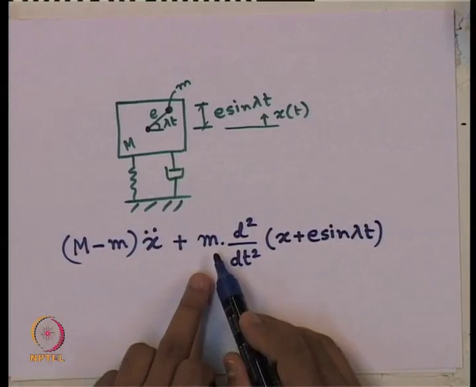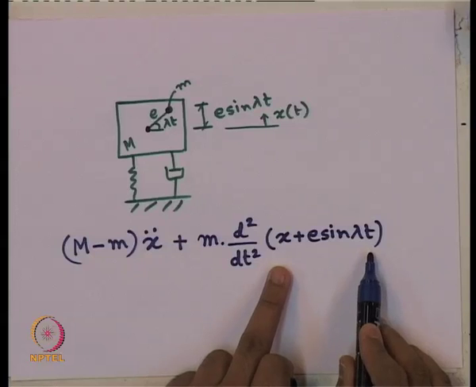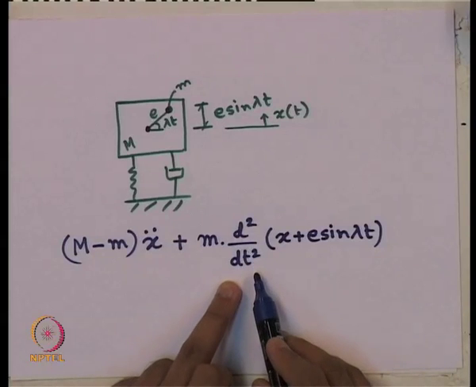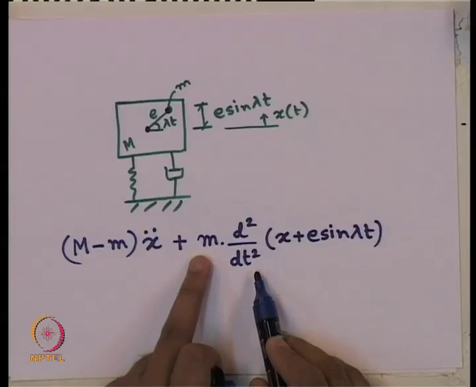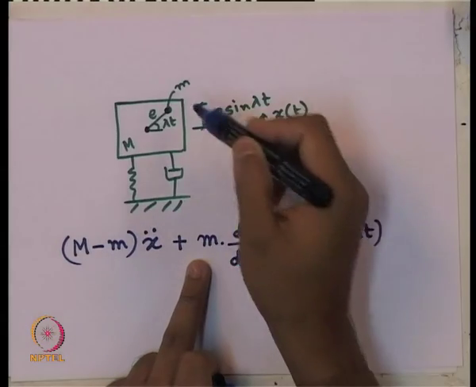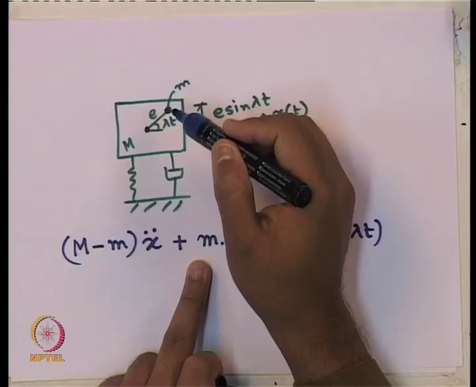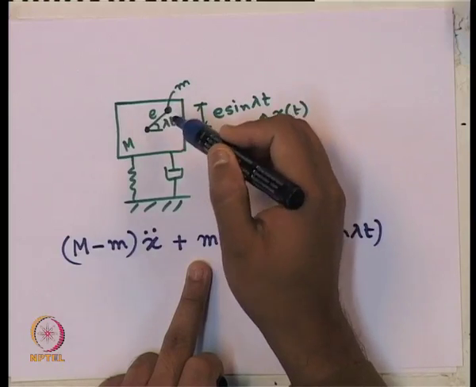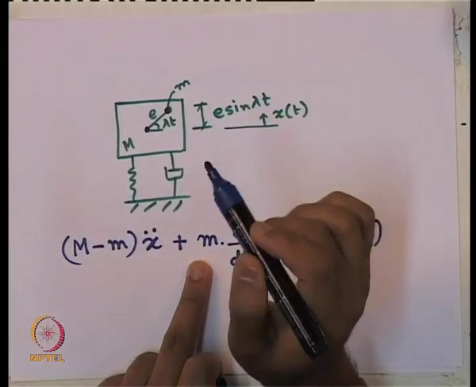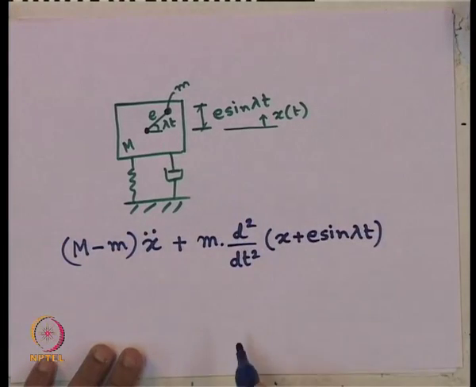Fine, because this eccentric mass is subjected to this displacement, I can get the acceleration by double differentiating it. So, acceleration times mass will give me the inertia force coming because of this rotating mass imbalance,